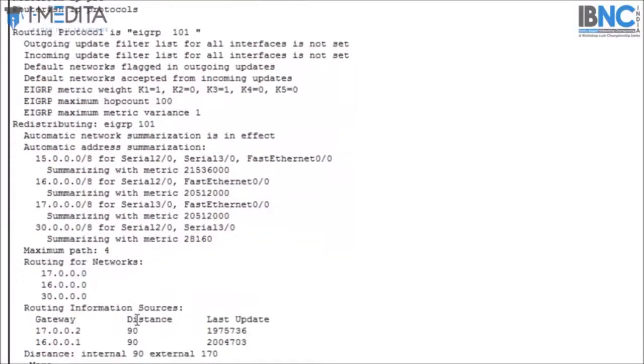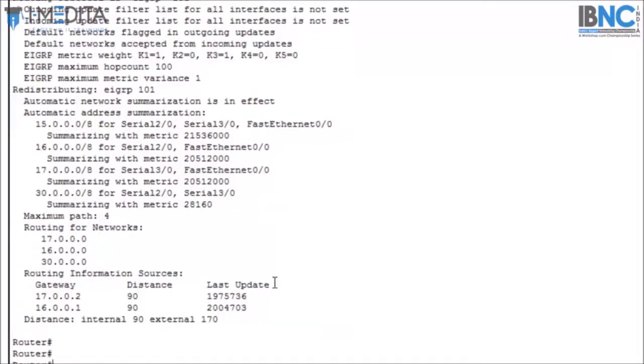Routing for the networks is shown, and the AD value of EIGRP is 90. That is how we can verify the running protocol.